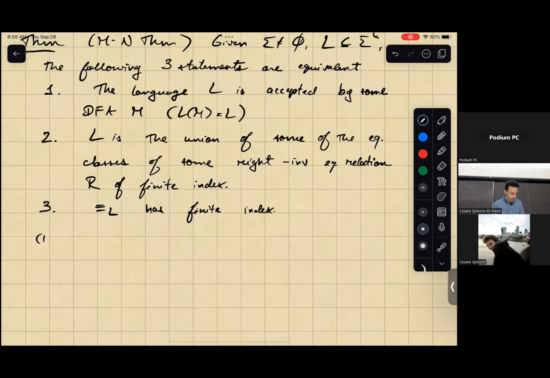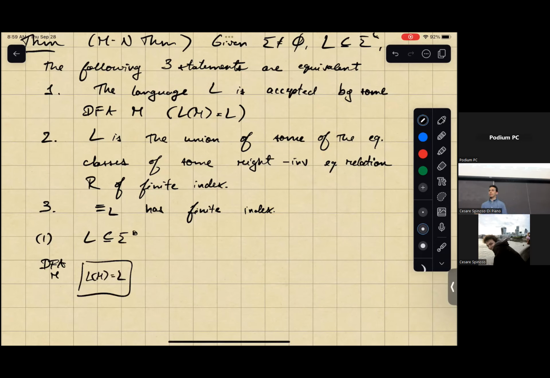So the first statement is very easy, right? It's just saying I have some language, which is a subset of sigma star, and I have some DFA M for which the language accepted by M is L. That's the first statement, very simple, very straightforward. The second statement, which is less straightforward, says that